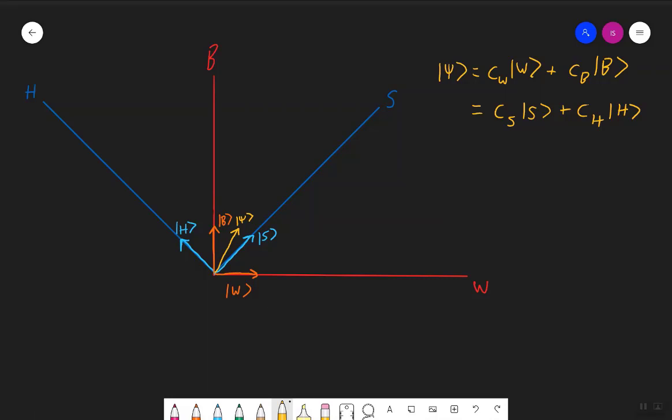Hey guys, so in this video we'll talk more about what we started working on in the last video. First thing I want to do is another bit of terminology. I know we threw out a few important terms last time. We talked about normalization, that the probabilities have to add to 1, and that our state vector, the vector that represents the state of a particle, because probabilities have to add to 1, also always has to have a magnitude